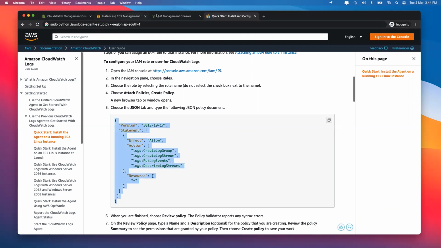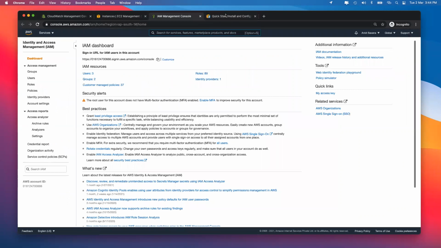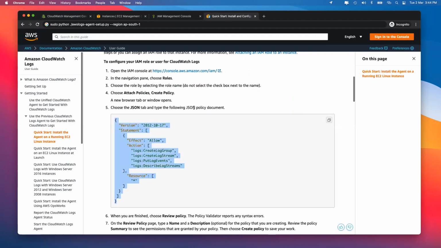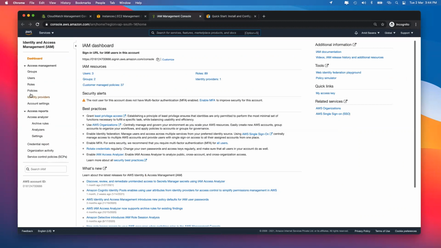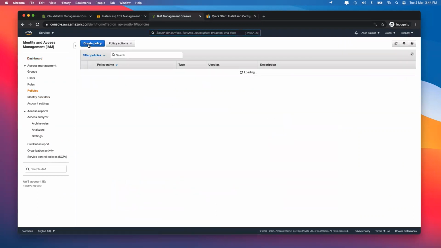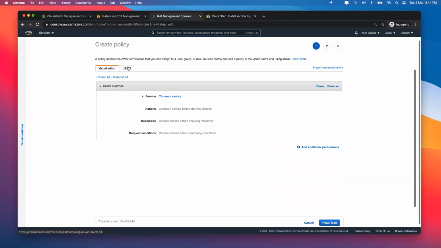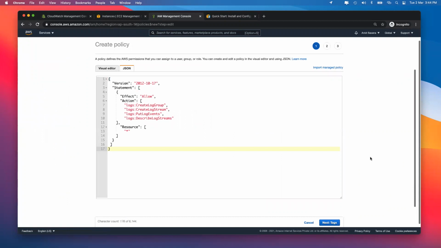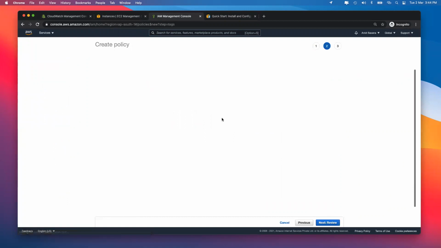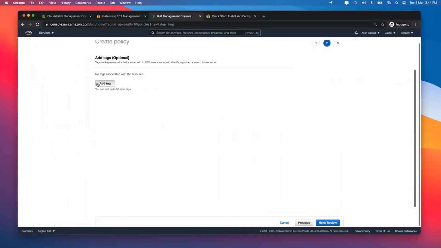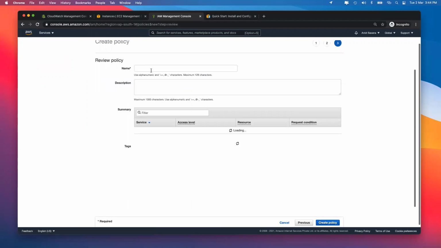So I copy this and go to the IAM console, and as AWS is telling, I'll have to create the policy. For that, I go to policies over here, click on create policy, go to JSON and create a policy like this, then tags. If you want, you can create a tag, let's say created by, and give the name here, then review and give this a name.